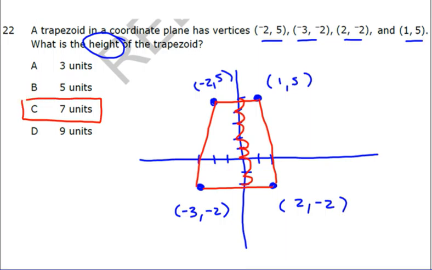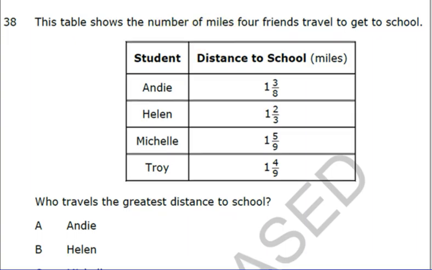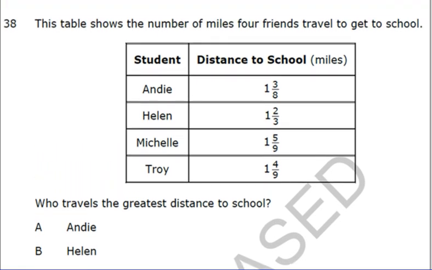Excellent job. Okay, the next one. The table shows the number of miles that 4 friends traveled in order to get to school. Who traveled the greatest distance? Please remember what I told you about fractions. If you don't like them, get rid of them. And in this case, this is the calculator active part. Okay, so how do I make 1